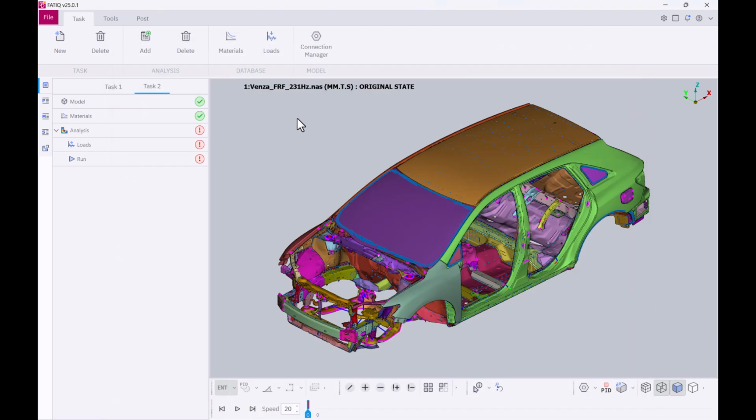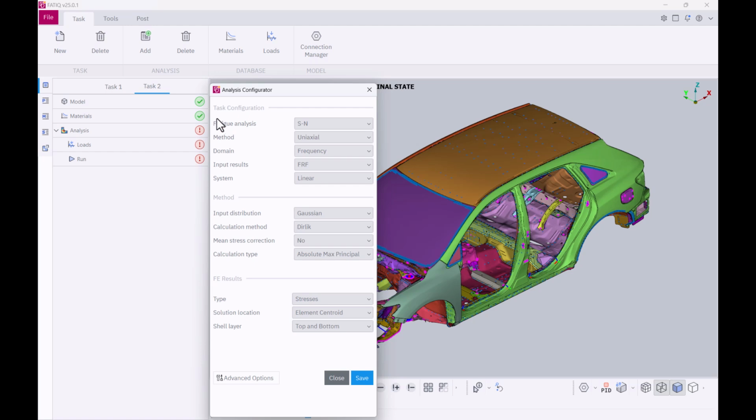Moving forward, go to the Analysis Configurator window, so as to set the necessary analysis parameters. The aim here is to perform a stress-based fatigue analysis, using the uniaxial method in the frequency domain. Generally this process is linear and Gaussian. The input results are of type FRF, which stands for Frequency Response Function, and is going to be combined with the accelerations PSD to finally get the stress PSD through a random response analysis.